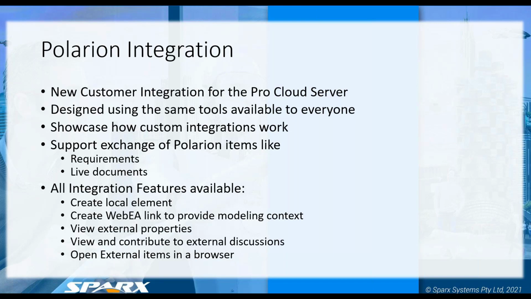So your element inside Enterprise Architect, EA via the PCS, knows that it's linked to Polarian. You can click on a little external properties tab there and see all the information that's coming from the outside. You can contribute to and view the external discussions. So inside Polarian, they have a discussion system, and you can view and contribute to that via the EA discussion area as well. So it really creates an environment where the EA modelers and the Polarian